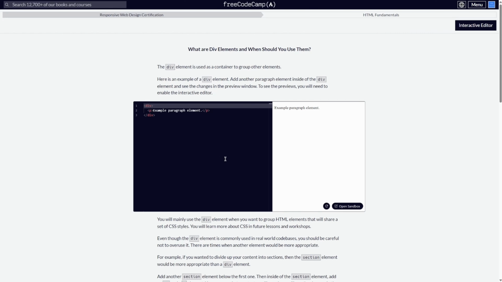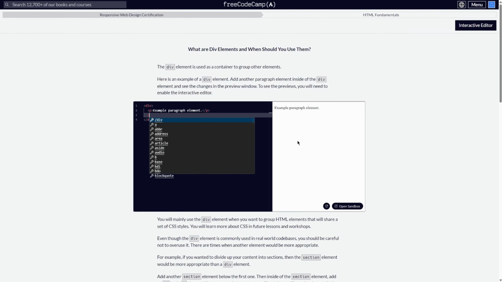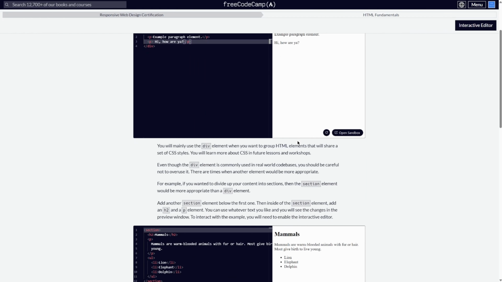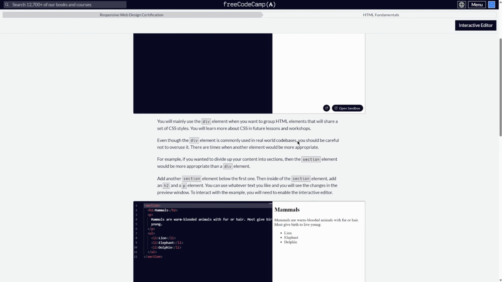So, you'll mainly use the div element when you want to group HTML elements that will share a set of CSS